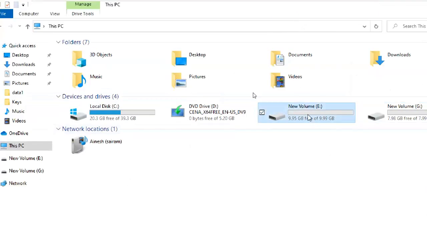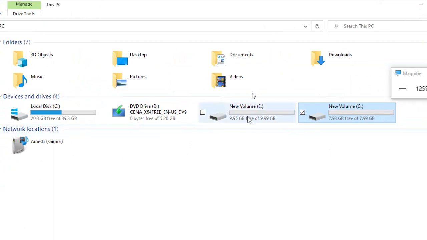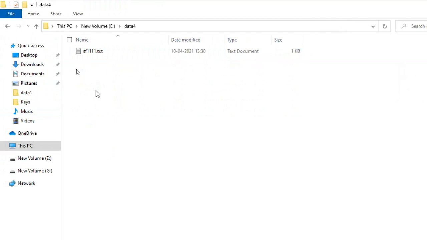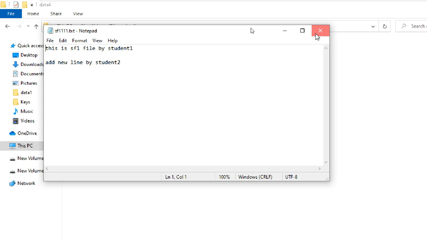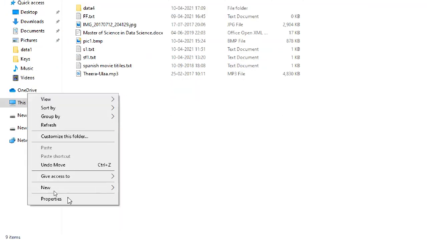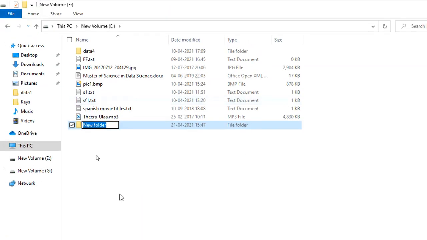So I will create data in the E drive and back up to the G drive. In the E drive there is only one file, a shared folder type, no problem. So I will create a folder, named data one, as the directory name.